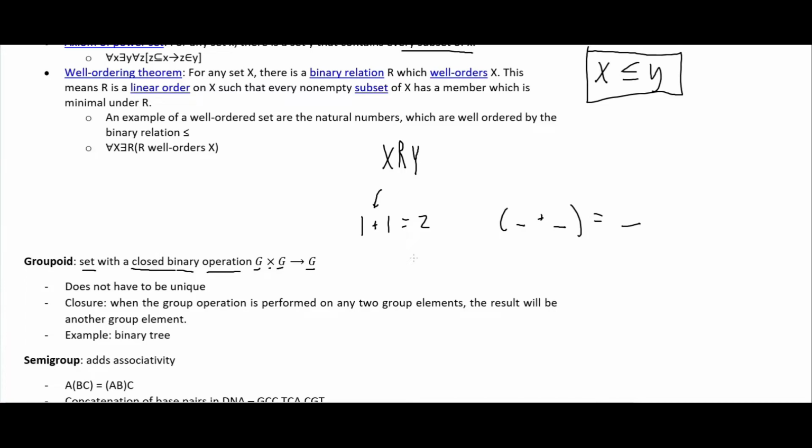And so this is very general. By that I mean everything that comes after this will be a groupoid, but then it will also have further structure added to it. But this groupoid is the one that has this closed binary operation. One that might be a groupoid but doesn't have the other structure would be sort of adding